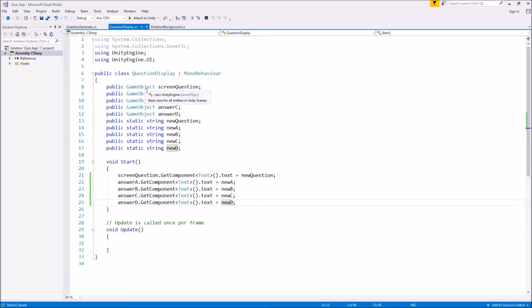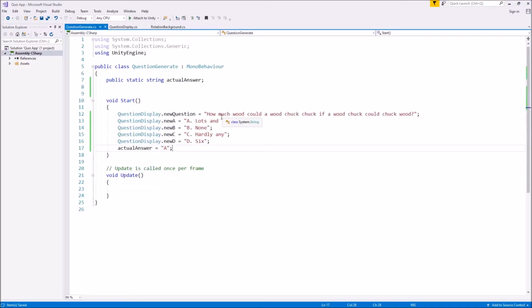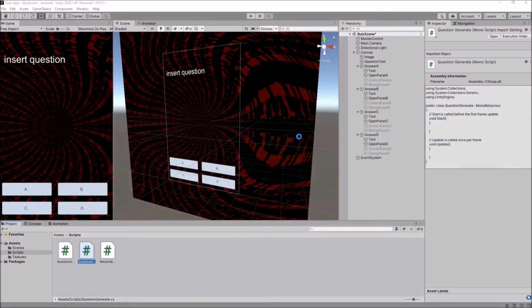Now remember that this question display doesn't contain any text whatsoever. It only contains variables and references to objects. So now if we press play when we've applied this script, we should see all of this text transfer on screen. Because remember, this script doesn't deal with anything on screen at all. It only feeds info to the other script. So if we head back into Unity,